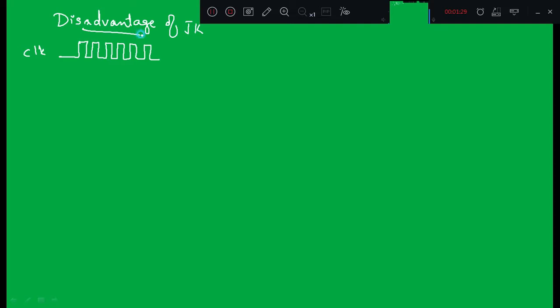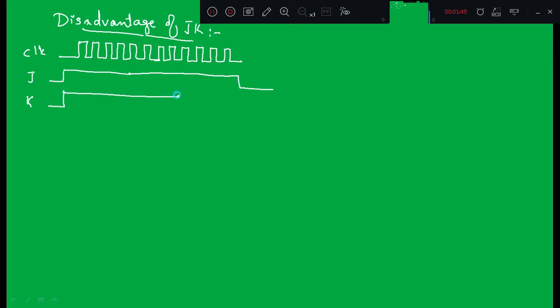See, now let us say this is a clock which has a very low frequency. I am explaining the disadvantage of the JK flip-flop, right? So let us assume this is a clock which has very low frequency, and if I keep J equal to K equal to 1, let us say J is 1 throughout the clock, and K is also equal to 1 throughout the clock, right? So now what happens? Let us say I am talking about this level, or this edge,